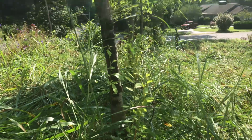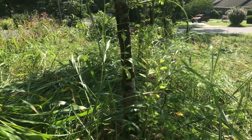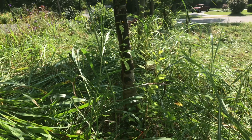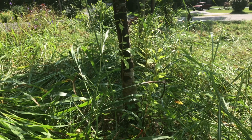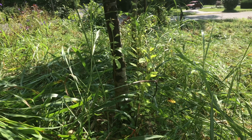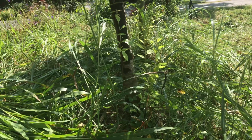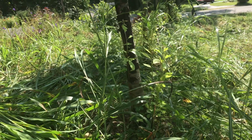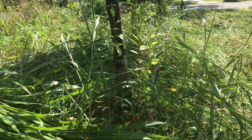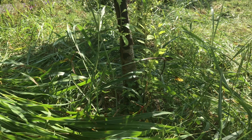And in this case, these trees do have damage on them, but that damage was done, I think I put videos up about it, during times in which the grass was cut inappropriate to the season. So when the bucks were in a rut and they're out marking stuff and they're trying to get the fuzz off their antlers, the tall grass keeps them from sticking their head down, and they'll go focus on telephone poles or trees out in the woods rather than in a grassland area where they could be predated. So deer behavior-wise,